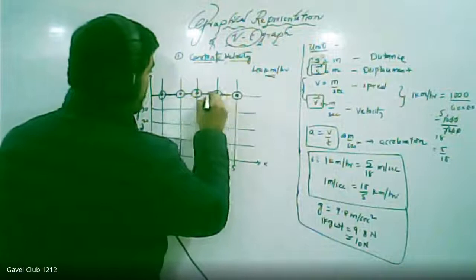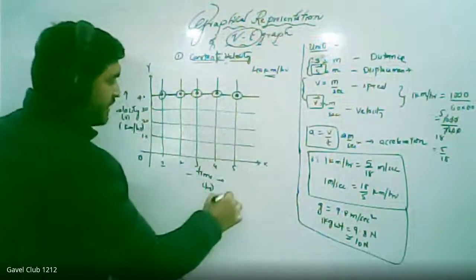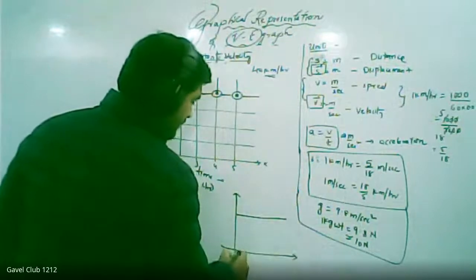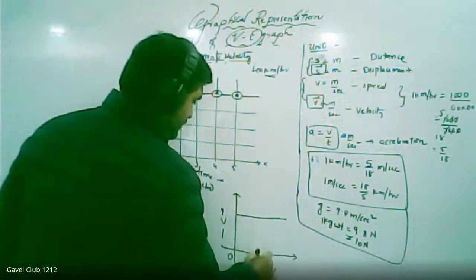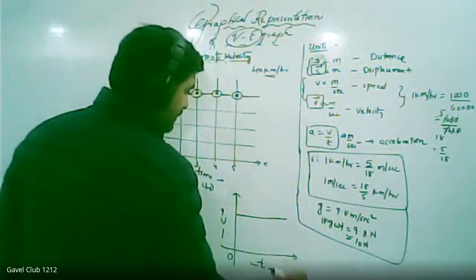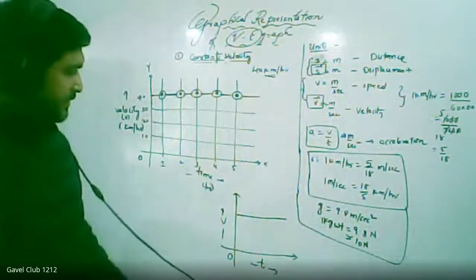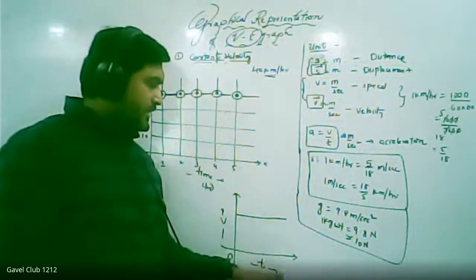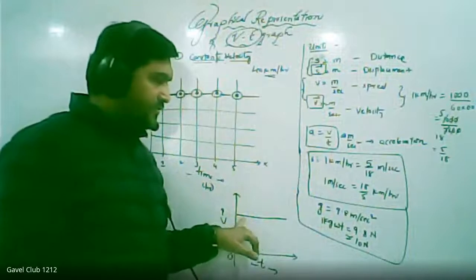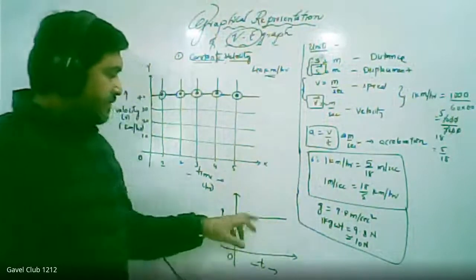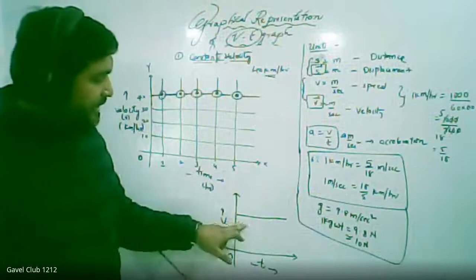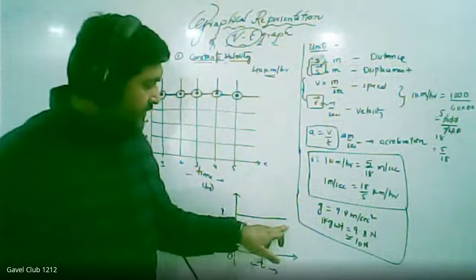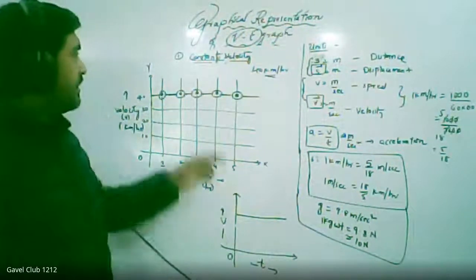For this we get a straight line graph parallel to the x-axis. So the graph will be just like this, a straight line parallel to the x-axis. Here this is velocity, this is time, and the graph will be represented like this. So this graph shows that the object is moving with constant velocity. The graph which you got here is a straight line parallel to the x-axis. For a velocity time graph like this, a straight line parallel to the x-axis, we say the object is moving with